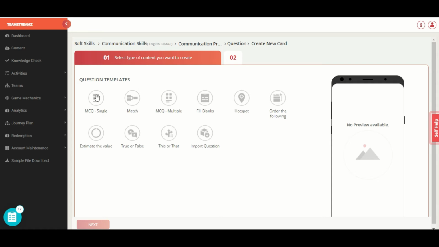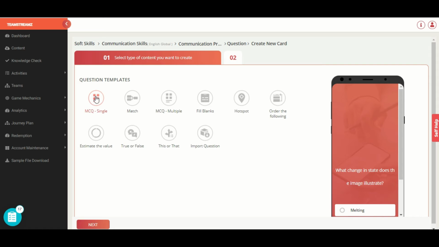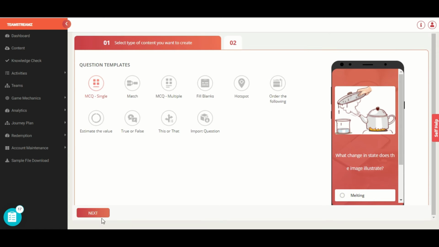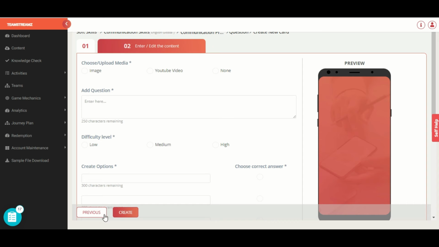And what do you see? You see the same templates that appeared when you were adding learning questions. I won't go into the details of each template again because you already know about that, but let's just go ahead and add a question nonetheless. In this case, let us add an MCQ single.